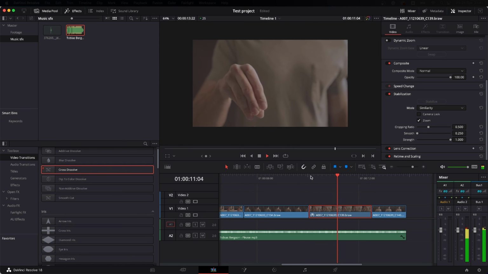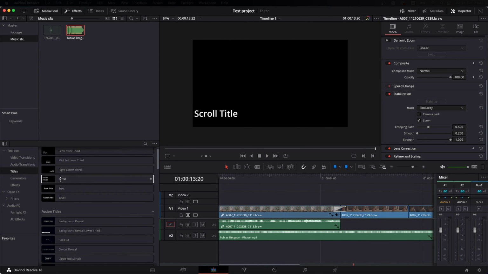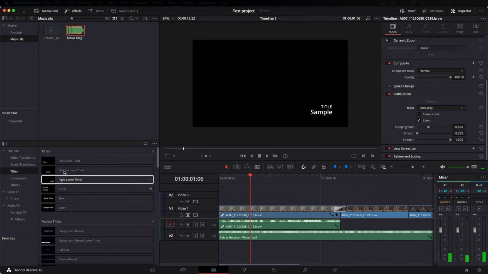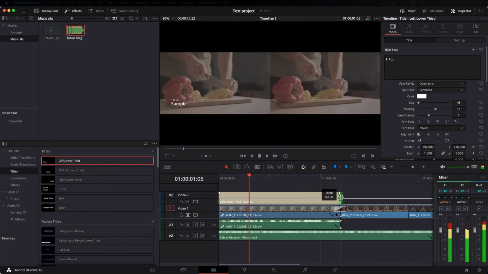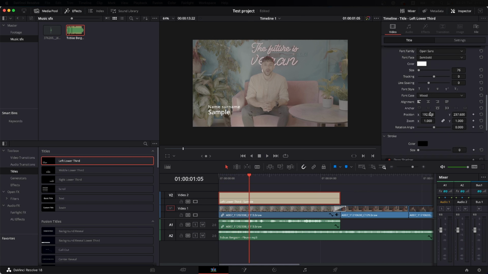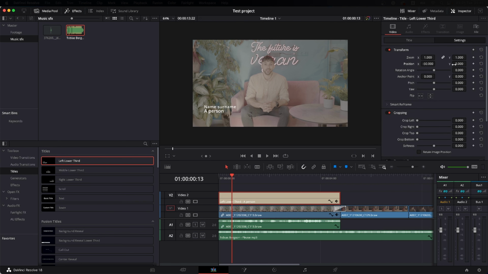One more time. Moving on to titles. This is super easy as well. So if we want to have for this shot his name tag or something like that, it's super easy. You just drag the title, and here you can just simply edit name, surname, and a person, right? And then you can easily edit the size of it, and also you can reposition it where you want it to be,